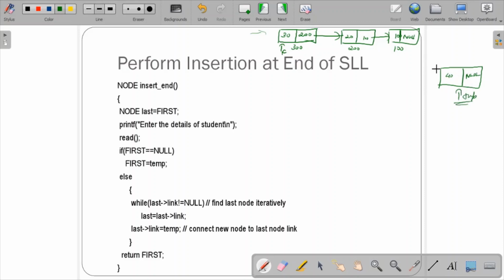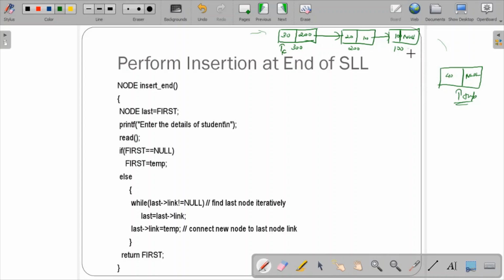Now let us keep this temp. Before seeing this particular code, I'm just explaining. I read this particular node. Now for this I need to attach a link back over here. If this is first, obviously to create a link something should be pointing, right? So I'll create that node last, which is needed. In case I want to get connected over here, I need to have some pointer over here.